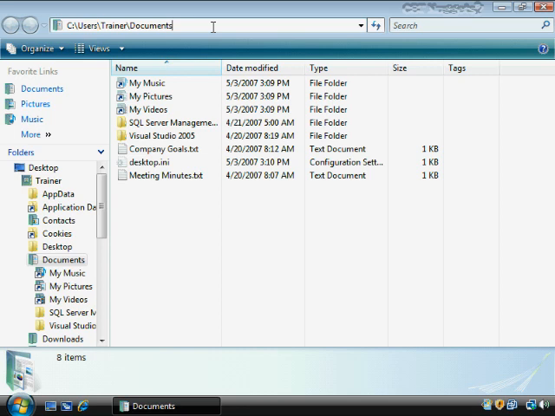And I kind of like that a lot more, because if you like to work from the command line, it's a lot less typing just to type in Users than Documents and Settings. Plus, certain command line commands would require you to enclose that path in quotation marks, because from a command line, it doesn't always like to see spaces there. It gets confused about that. So you might have to type things in double quotation marks at the beginning and at the end of that command line. So it's a little bit of a frustration for administrators, which is much improved now here under Windows Vista.